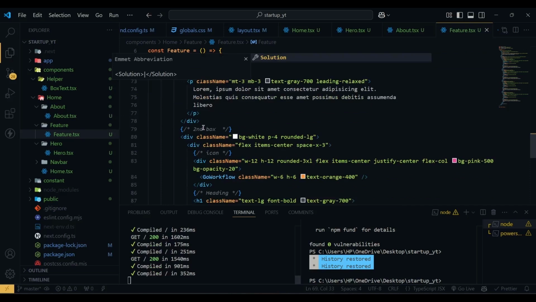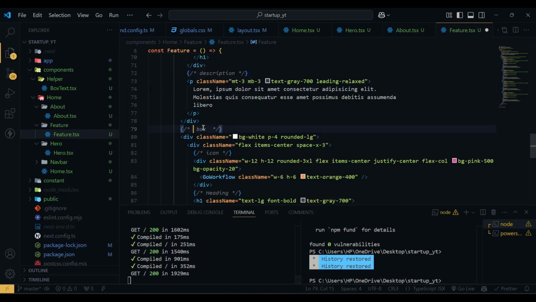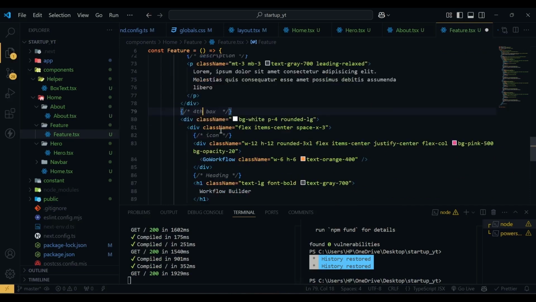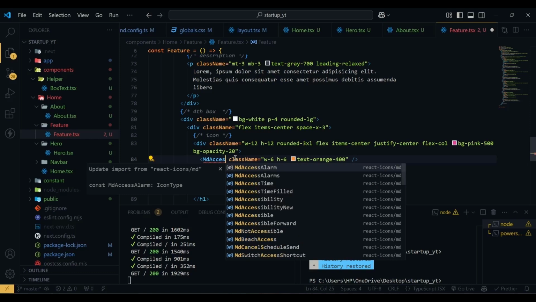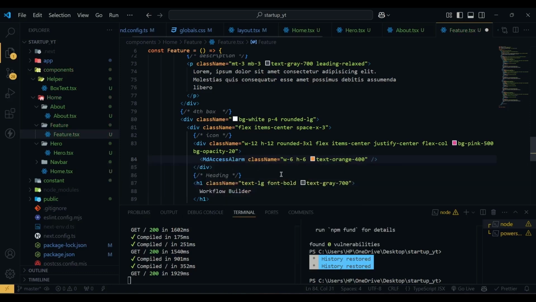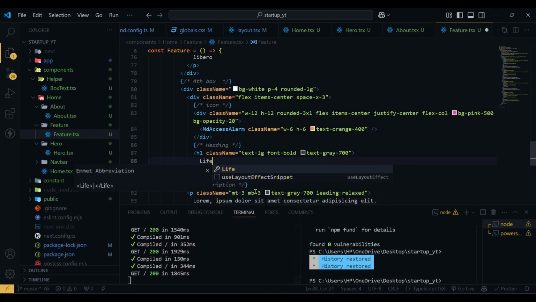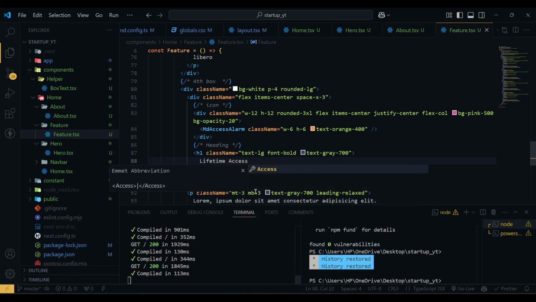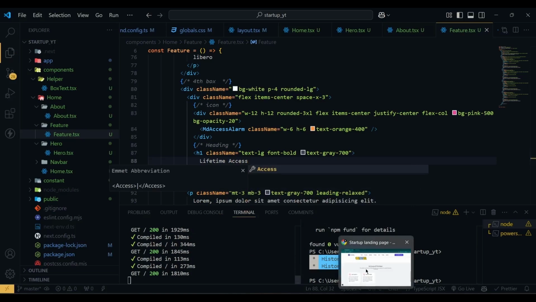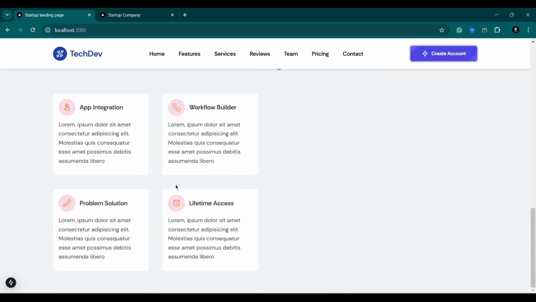And for the fourth one, the icon will be MdAccessAlarm, and the heading will be lifetime access. Now if I hit save and go to our project, here you can see we have 4 cards,